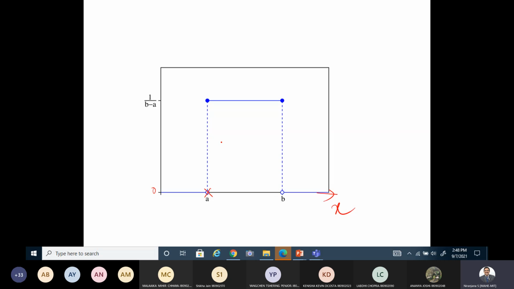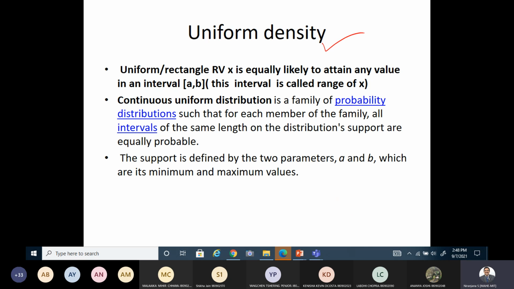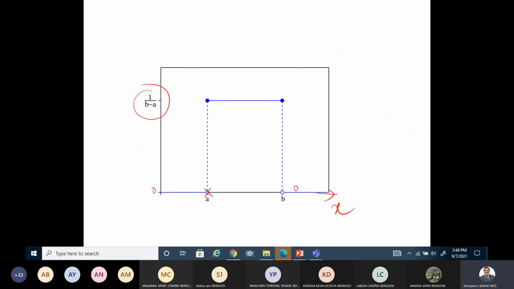And if you observe A to B, the value is certain, say, the probability of that value between A and B is 1 over B minus A in this case. The rest of the area, once again, is 0. So you can find a certain probability which is uniform over a certain range A to B. The uniform value here is defined as 1 over B minus A. Such a kind of probability could be called uniform probability.